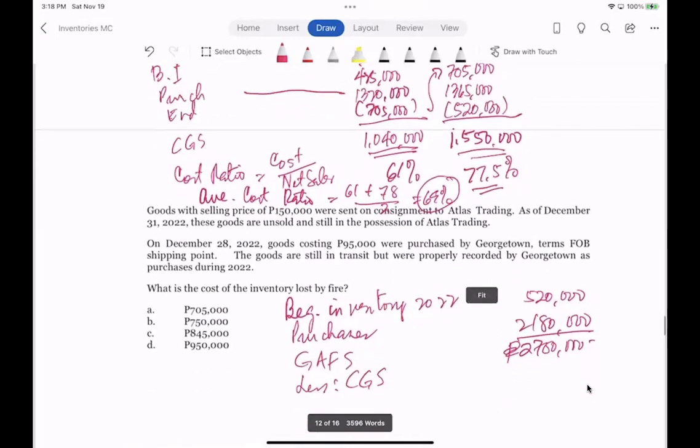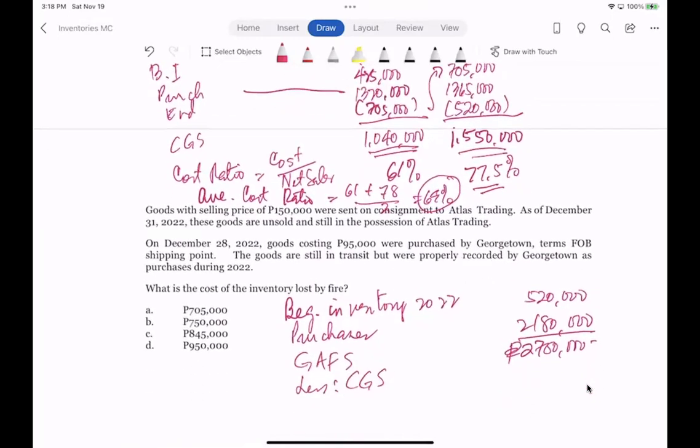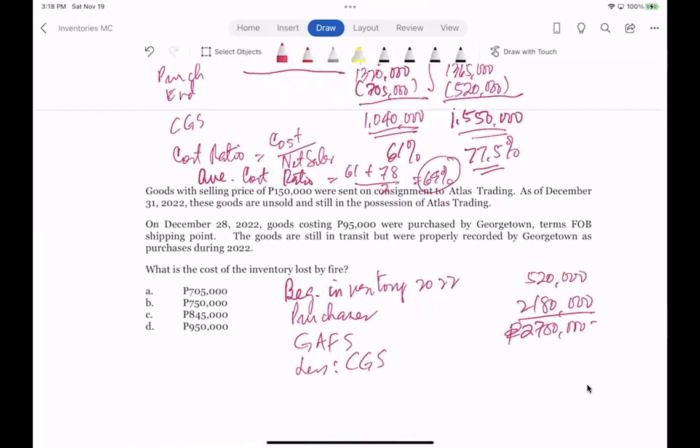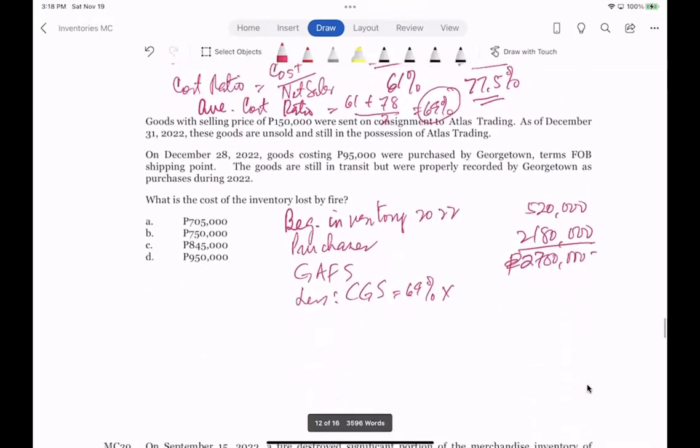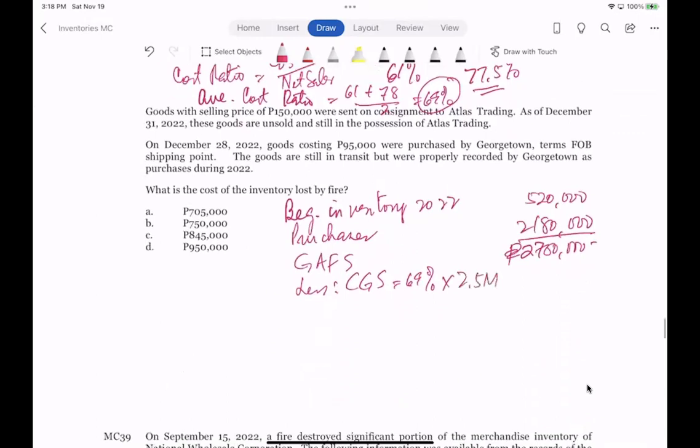Assuming that we are to use the average gross profit ratio that is 69% times sales of 2022, 2,500,000. Okay, so that's 1,725,000. Deduct it from 2,700,000. Therefore, inventory before the fire